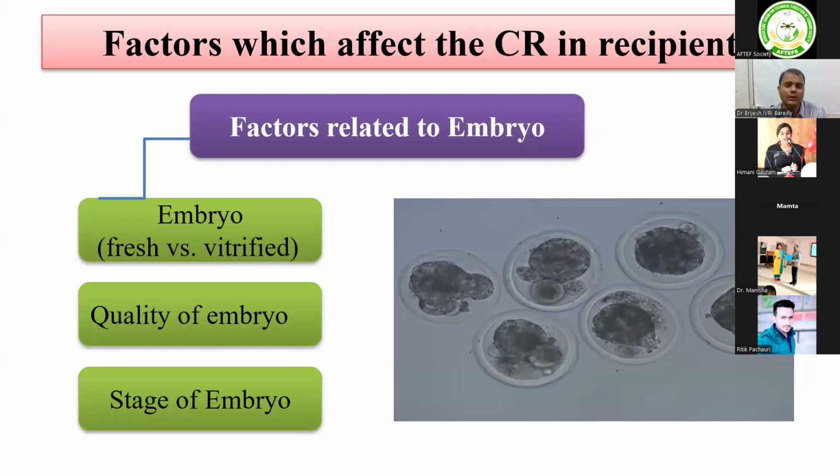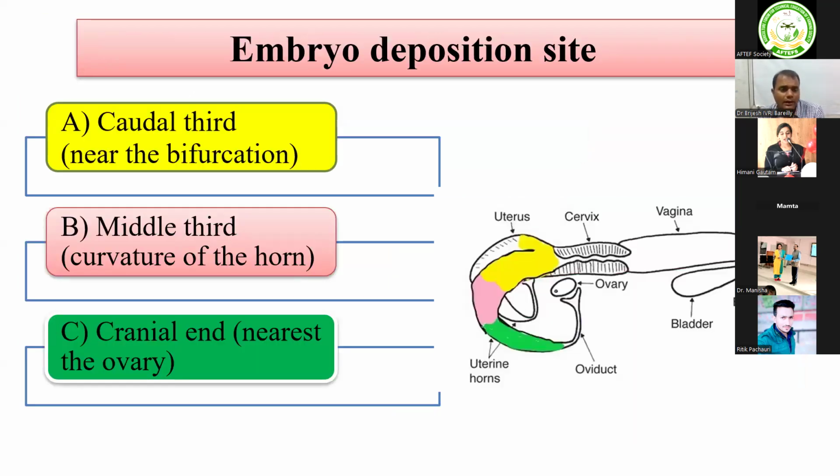is good. Sometimes a compromised transfer or a little bit compromised recipient also could be managed. So each and every factor plays a very important role in calf conversion. And also this is the most crucial part, how you are transferring. If you are quickly transferring, and if you see the transfer site,